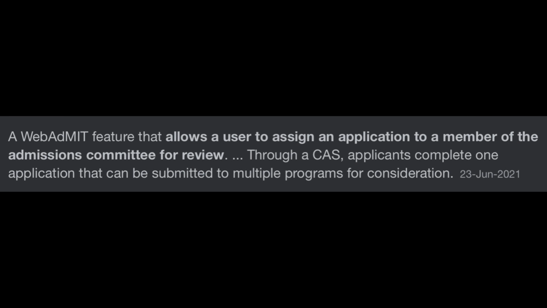The first thing I did was verify whether this mail was from a valid source or not, since $83 was not a small amount. I browsed through the net and found that Engineering CAS Web Admit, from which I received the mail, was a feature that allows a user to assign an application to a member of the admission committee for review and then confirm it. After the verification, I completed my payment of $83 and I mailed them back with the screenshot proof of the payment. They also updated the portal as two different payments. The first one is $65 and the second payment was the due amount, that's $83. And now I was finally considered as an international resident and my application was complete.